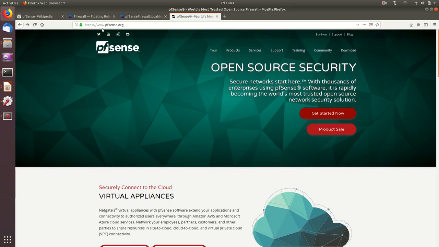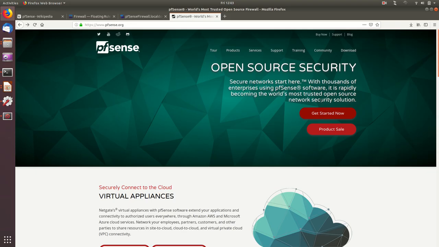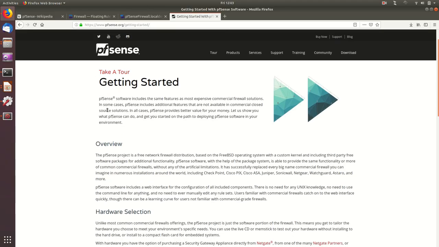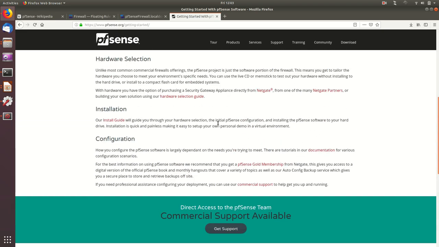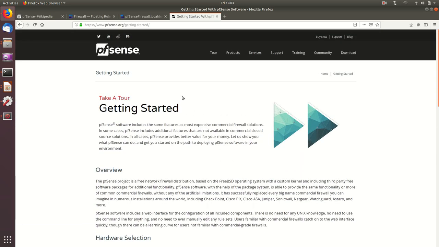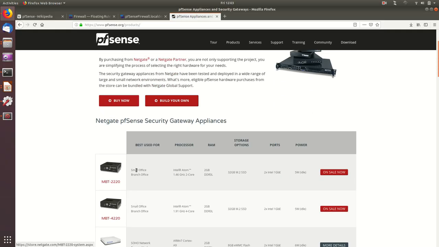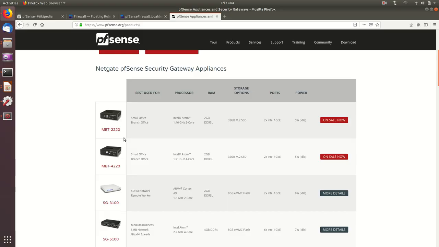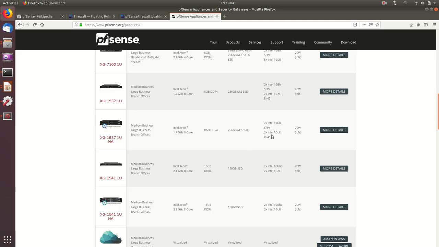If we browse to the website, pfsense.org, this is the website of pfSense, and from here we can just start getting involved. If we click Getting Started, it provides some information about pfSense. On the website, they sell pfSense as a bundle with hardware. So you can consider buying a bundle of pfSense along with the hardware, which comes in different types, from small ones based on Atom processors, to large ones based on Xeon processors,